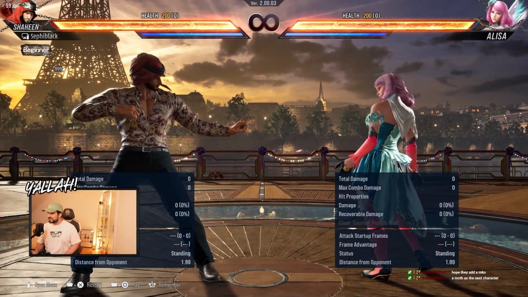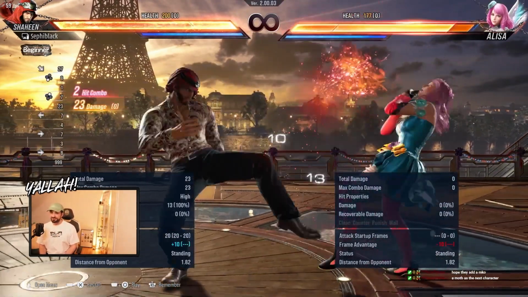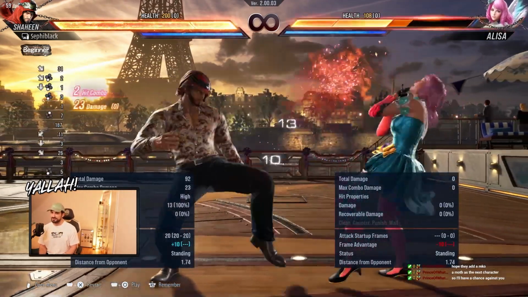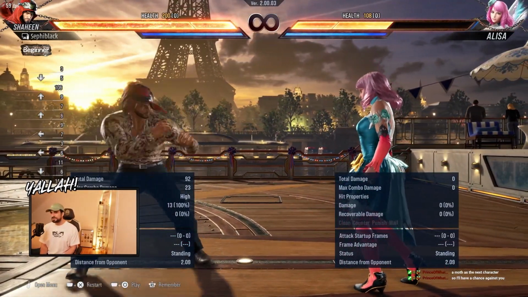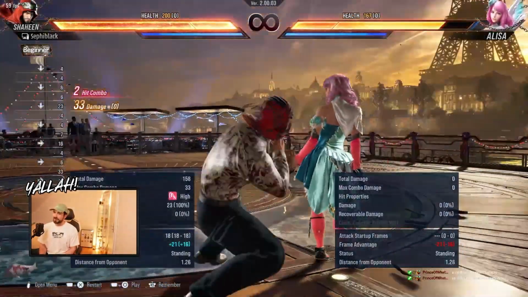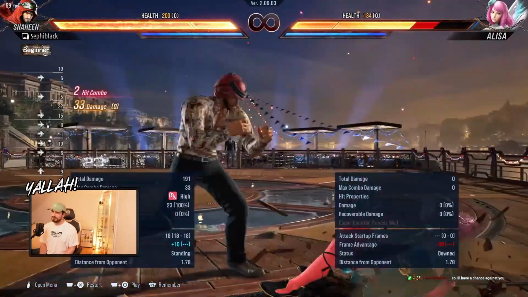The thing about Shaheen in Season 2 is they nerfed a few things. Like 2-3, 2-3 does less damage. It used to be one of the highest damaging 10 frame punishes. Now it's 23, which is still fine. Forward 2-3 used to be plus 22 on hit. Now it's a knockdown state where you can't apply the pressure that you used to do during heat, especially on